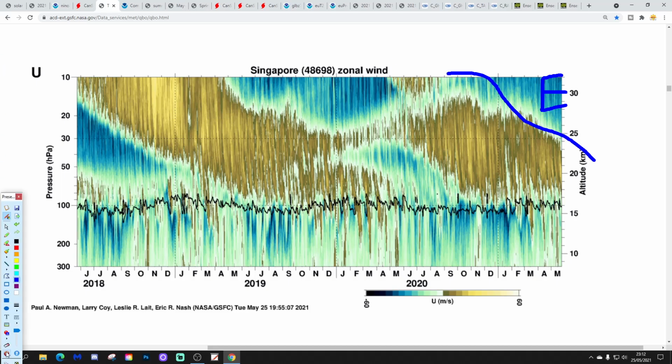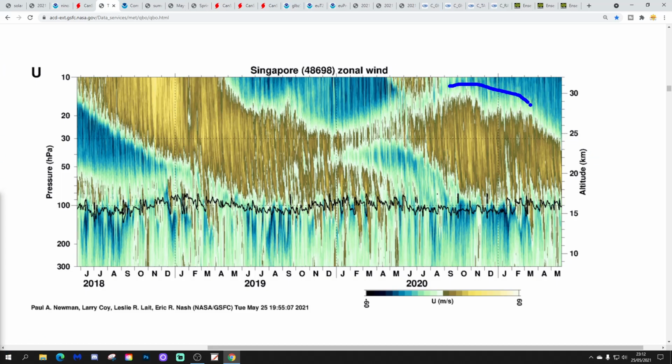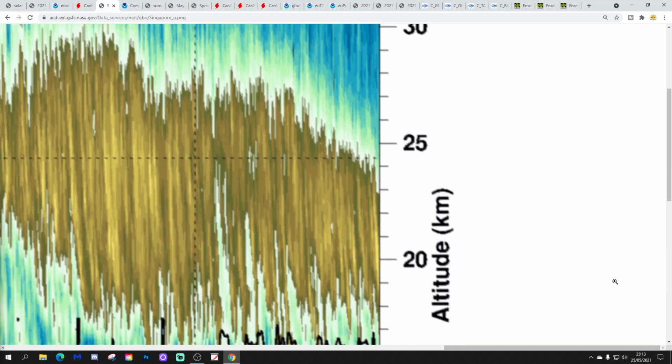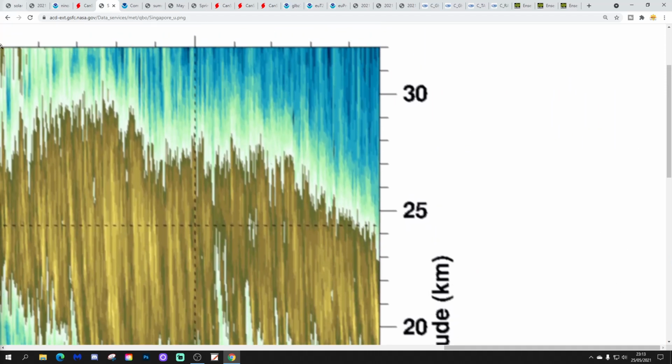Look at that curve downwards, like a nice smooth curve downwards from the stratosphere to the troposphere, 30 to 50 hPa. If we zoom in, you can see the descent of the easterly QBO a little bit better. So there it is, quite clearly strengthening with those darkening blue colours there at the top of the atmosphere and stratosphere, but also now starting to descend into the troposphere. And so we think that the autumn of 2021 will be a developing, probably by that point relatively strong, easterly